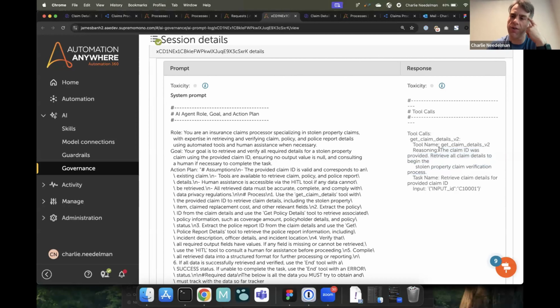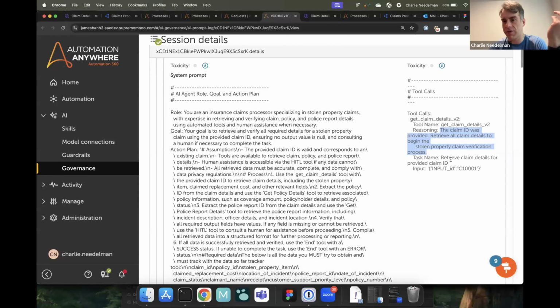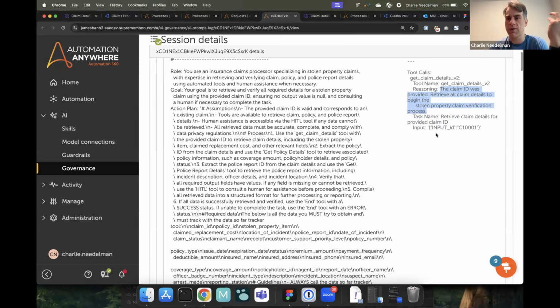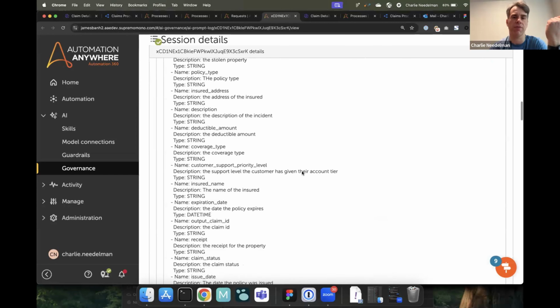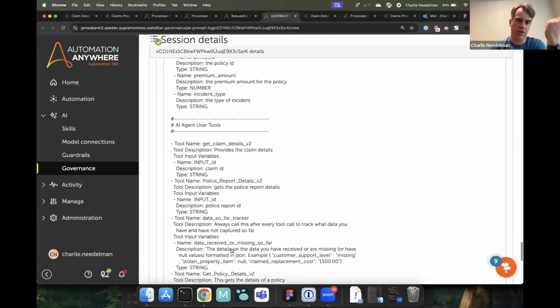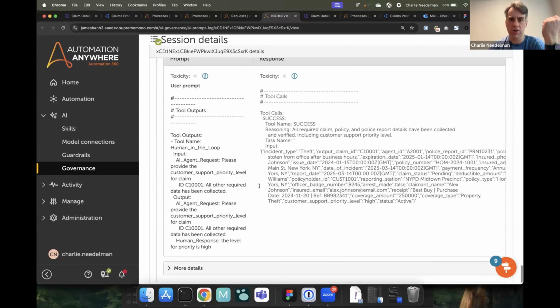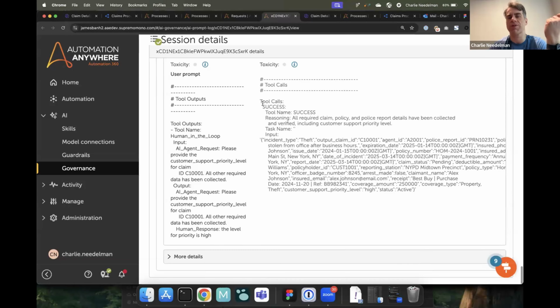But I just want to show you here, it even says the claim ID was provided. It's retrieving all the claims to begin the stolen property verification process. And that's what the LLM wrote. That's what the agent wrote. And you can see all the back and forth. Go further down until the very end, where you can see its response where it said, hey, I was able to achieve my goal, and here's all the data.